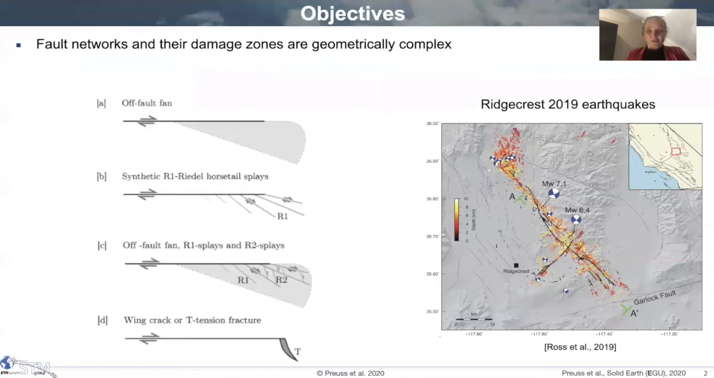So fault networks and their damage zones are geometrically complex. On the left here, you see an overview of some of the observations with off-fault fans of distributed deformation, first generation Riedel-Splay faults and second generation Riedel-Splay faults in there, and wing cracks. And on the right, you see an example of the recent Ridgecrest earthquakes with geometrically complex faults and even